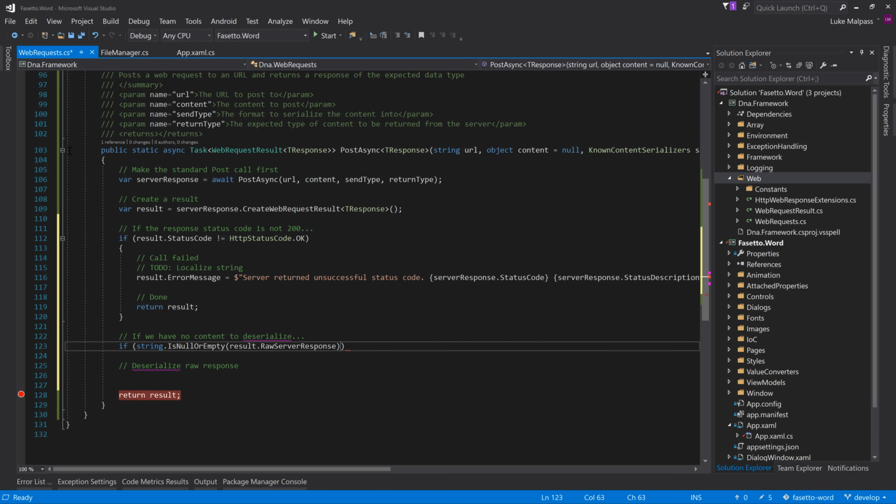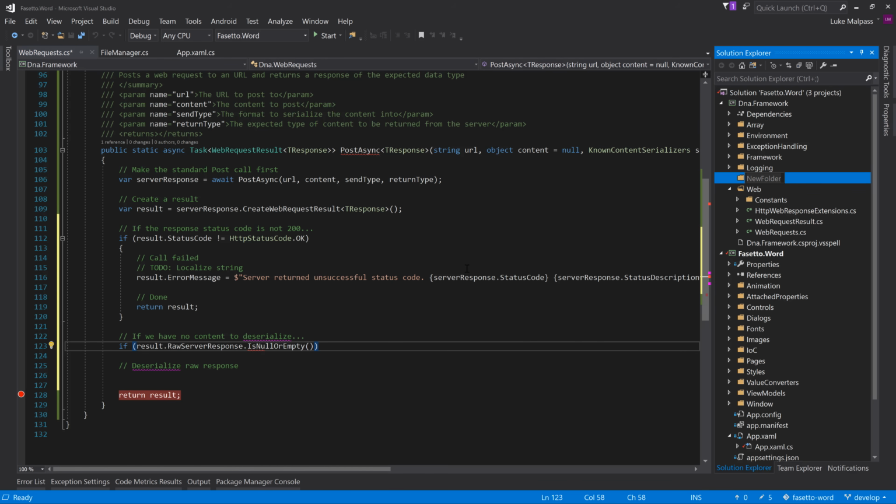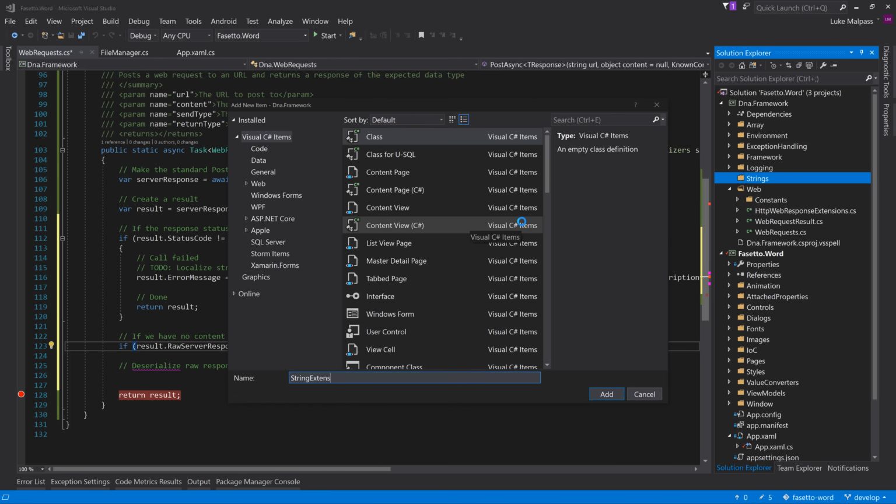As I mentioned in the last video with extension methods, I don't like doing it this way around. I want to do result.Response.IsNullOrEmpty. Makes much more sense. So we'll just quickly make another helper method. So, strings, add class, StringExtensions,